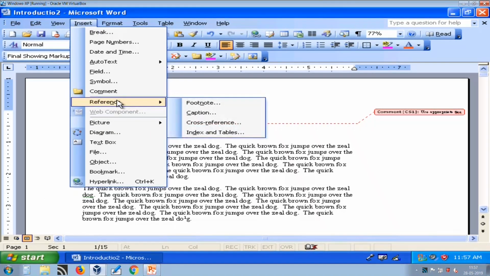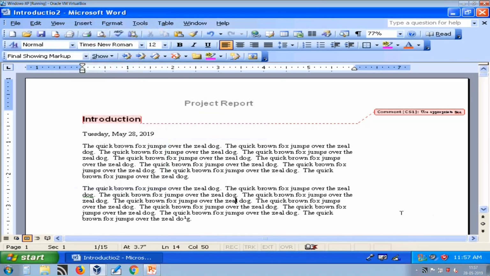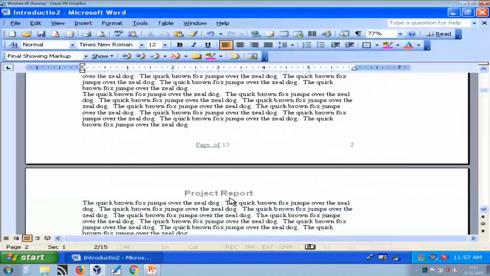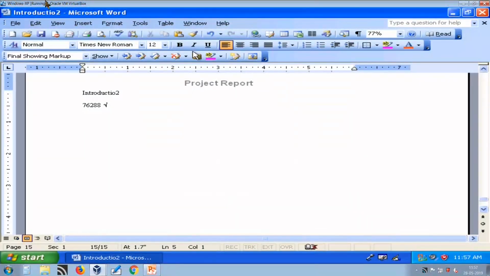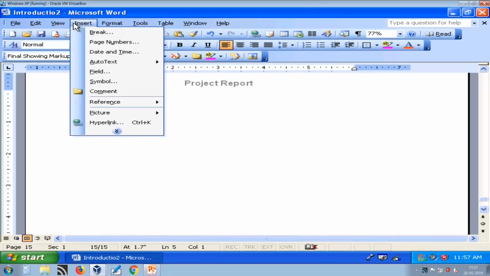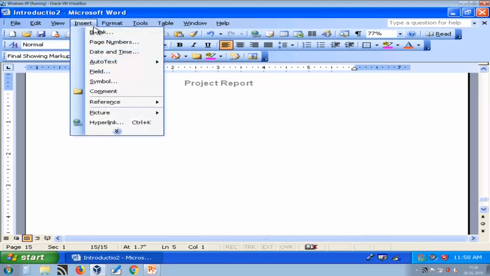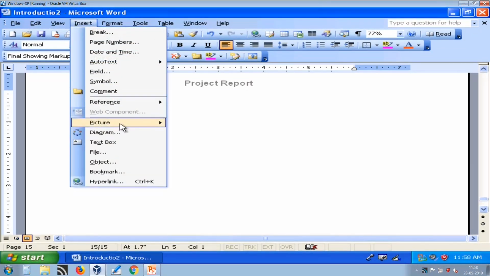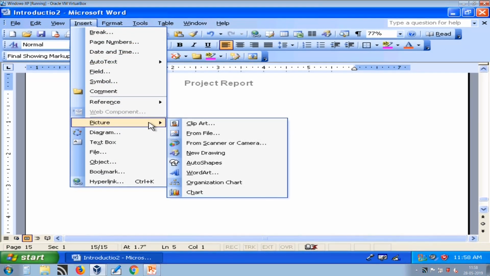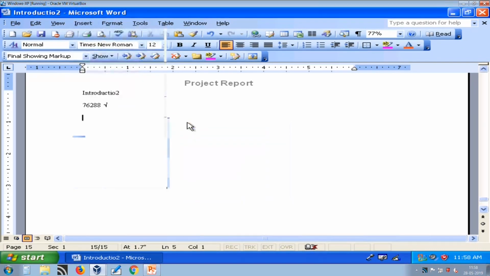Now, inside Reference we have footnote, which we have already discussed. Now there is an option available, caption. What is a caption? For example, I am using some figure in my document and I need to give a caption to that. I quickly insert some picture in my document using Insert, Picture and Clip Art.